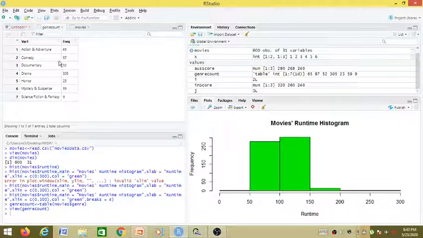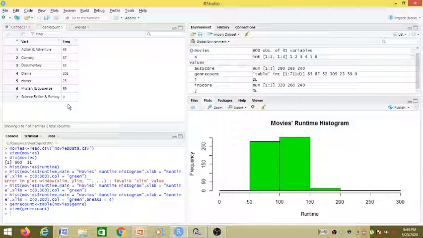See why we have created a table out of the data frame: not all the 600 rows in our data frame have a different value for genre, but there exist only 7 genres of movies, and all the 600 movies in that movies data frame belong to one genre or another. Like we can see here, there are 65 movies belonging to action and adventure. There is a considerable, almost half, number of movies, 305, belonging to drama. There are very few, 9 movies, belonging to science fiction and fantasy.